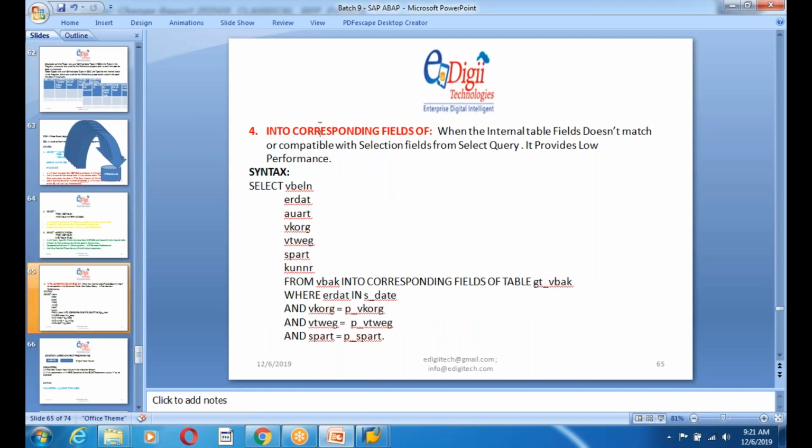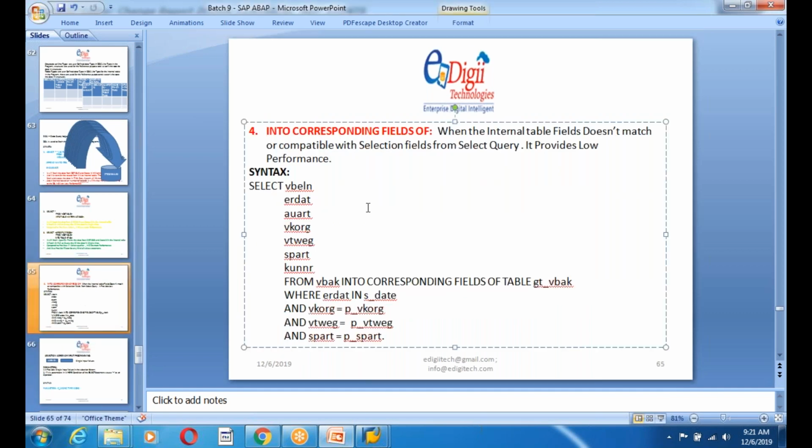And the fourth one is, suppose I have more fields or fewer fields in the internal table, and I am selecting fields from the database table which don't match. Then we are going to use the into corresponding fields of keyword, guys. Here you can see into corresponding fields of table. Here I have declared gt_vbak with all the fields, but I am selecting only